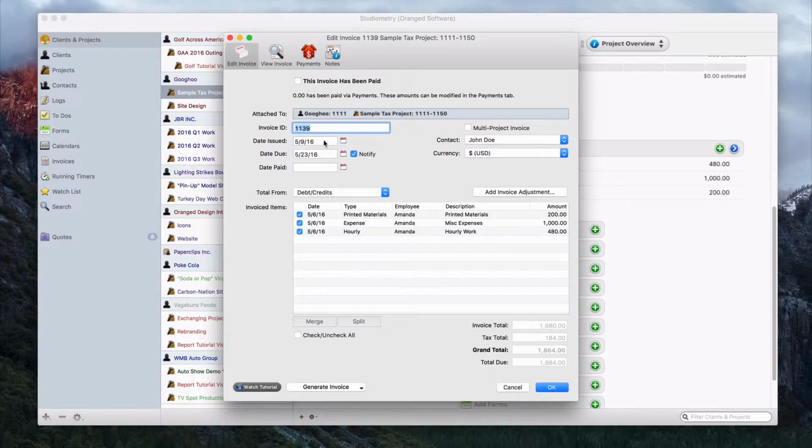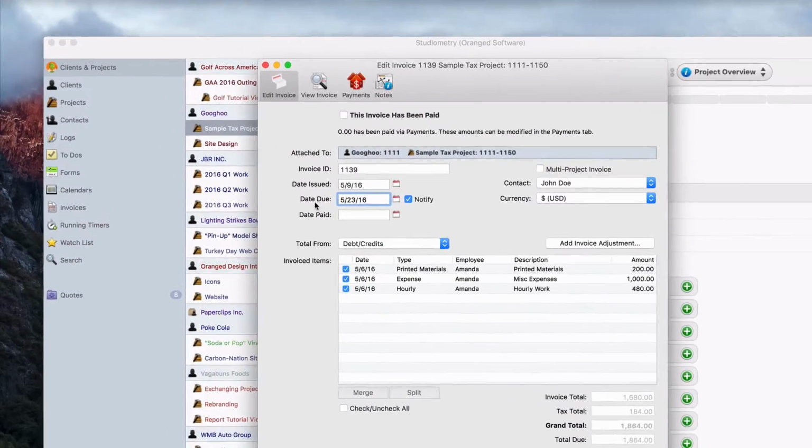Below that we have Date Issued, which is the day that we create the invoice, Date Due, which is the day that we want the invoice to be paid by, and Date Paid. Date Paid will remain blank until we mark the invoice as paid. Date Due, the date is actually generated based on our preferences. So we have it set up to generate the invoice with a date due of 2 weeks from the date issued. If we wanted to change this, or how far out this would be, we would go to Studiometry's Preferences window,